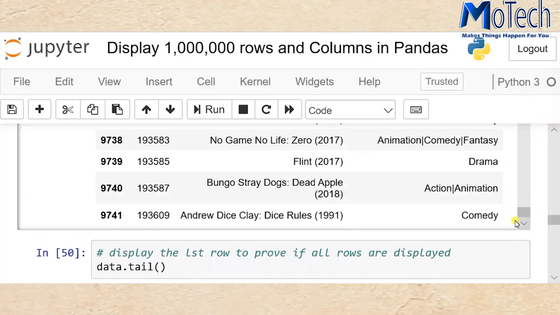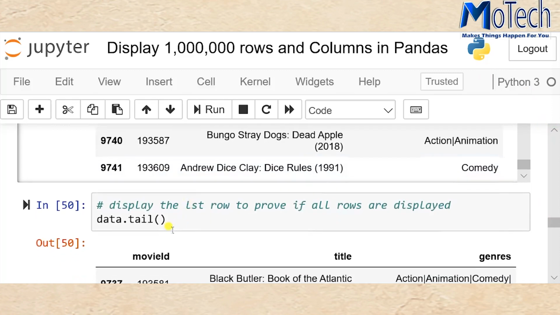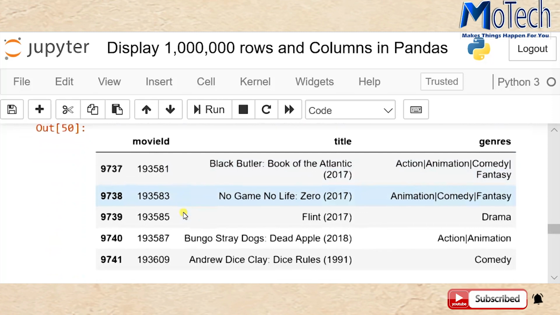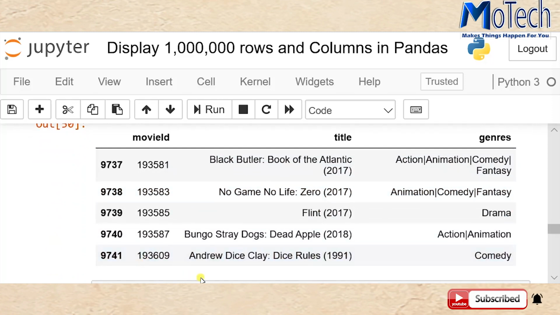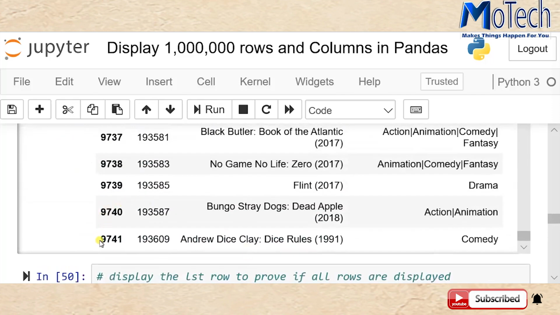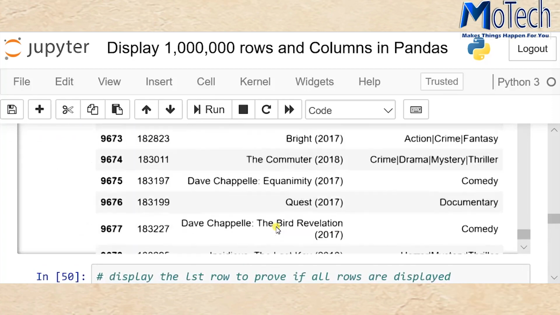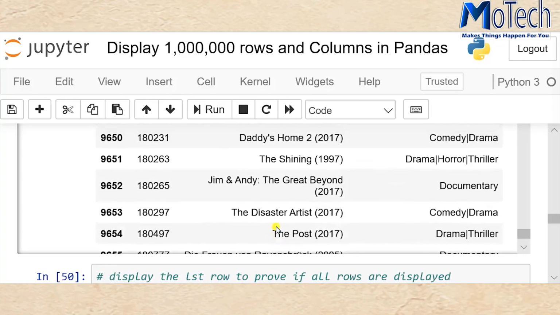So these are our rows and this is the last row. If you write data.tail, you will see the last 5 rows of your dataset, and this is our last row of our dataset, which is displayed here. So this setting is good and is working well.